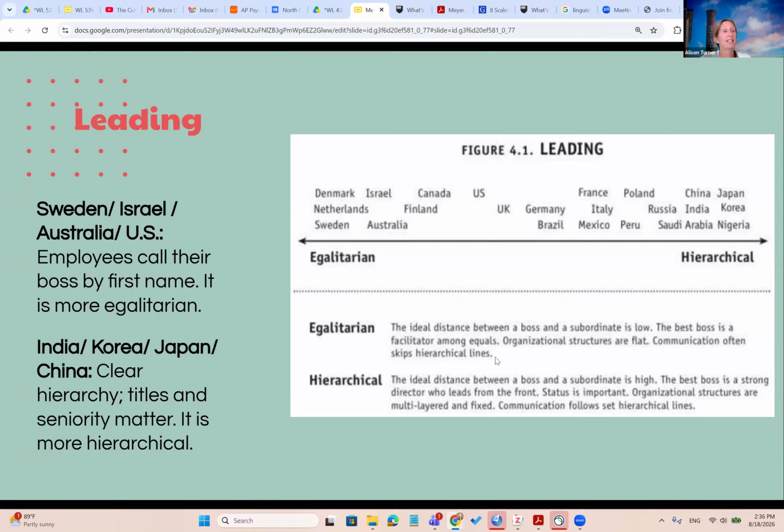So let's say I needed to get in touch with a person above the department chair. I just go right up to that person and communicate to them. I don't feel like I need to go through my department chair to the dean, etc., up the chain of command. Now, on the other hand, a hierarchical culture that maybe you've experienced before would include places like Japan, Korea,